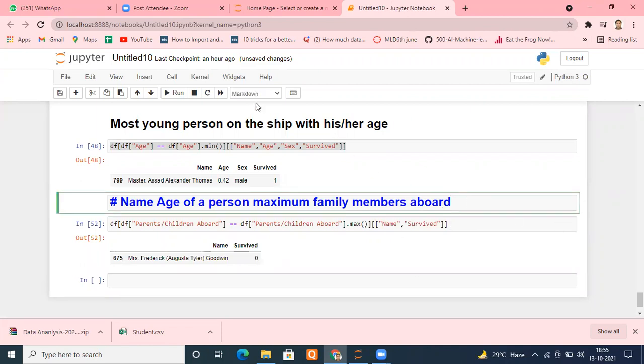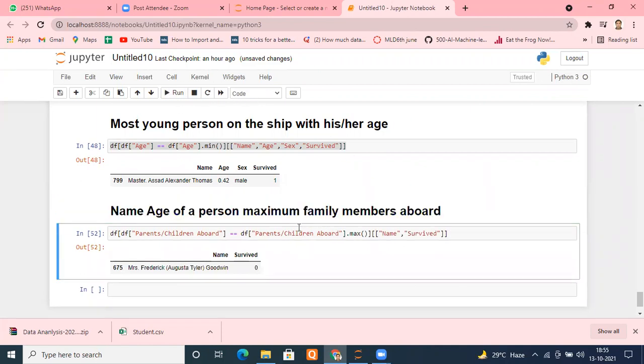I hope you're liking it. This is very interesting, honestly. You will be able to find insights from the data very quickly. There are a lot more things to be done. This is what we are doing: the filtering, meaning how to use the filter. Just create a filter condition, put it inside your data frame, and you can use that.